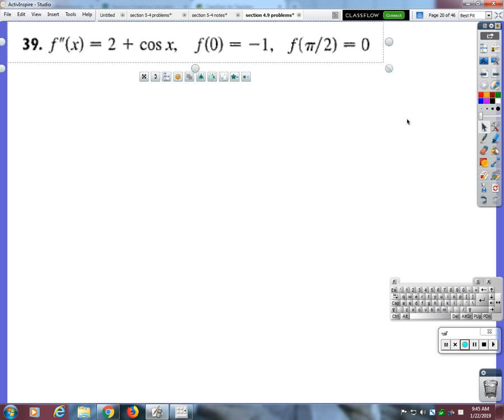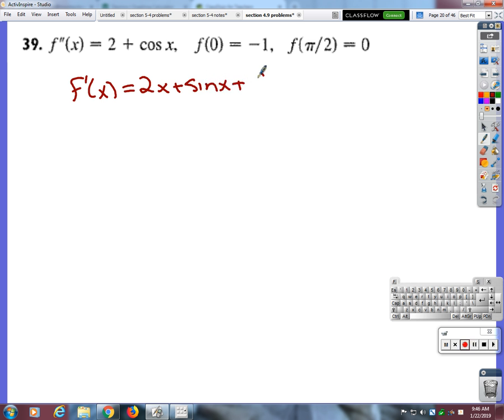The pi over 2. Okay, so the first antiderivative is 2x plus sine x plus c. So Mason, the only reason why on these we're doing the c1 and the c2 thingy is because we're starting with the second derivative. All right, and then the original function would be